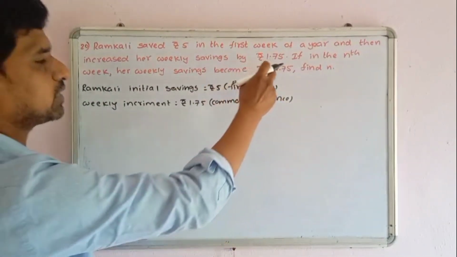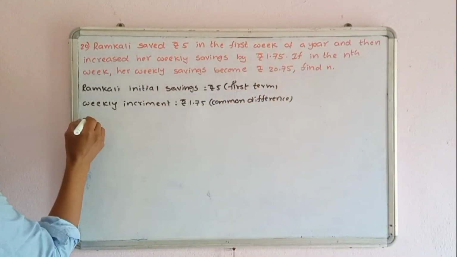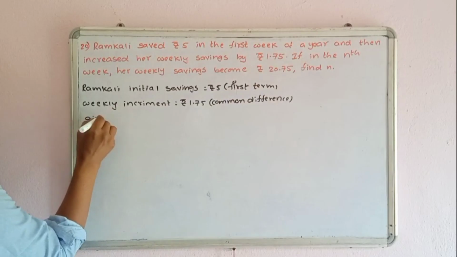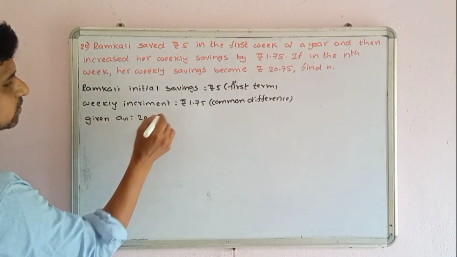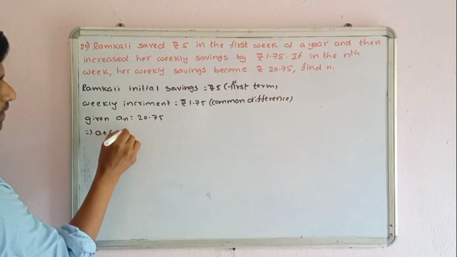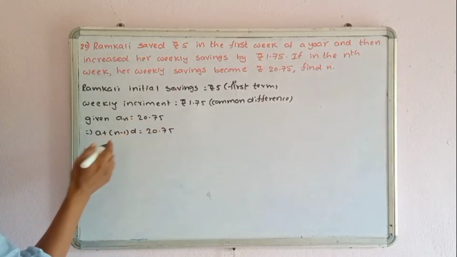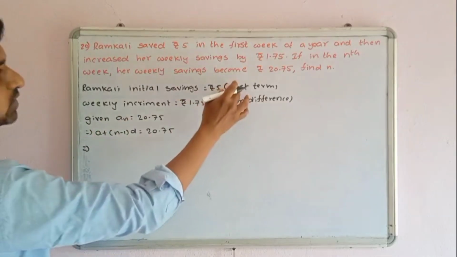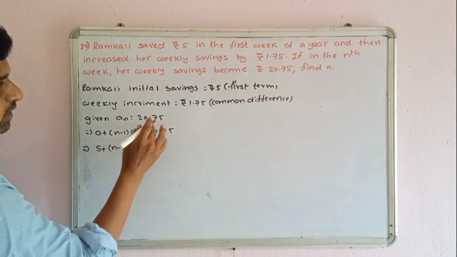Okay, ఎన్ని వీక్స్ తర్వాత తనకి 20.75 రూపీస్ వస్తుంది. Okay, let it be an. Given an equals to 20.75. Okay, what is the formula of an? A plus n minus 1 into d equals to 20.75. Now we will find the value of n. What is the value of a? First term is 5 plus n minus 1 into d, common difference is